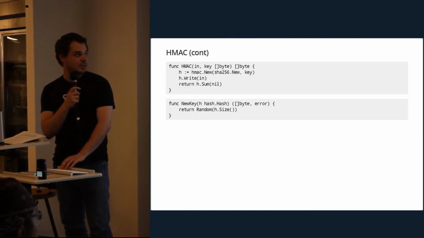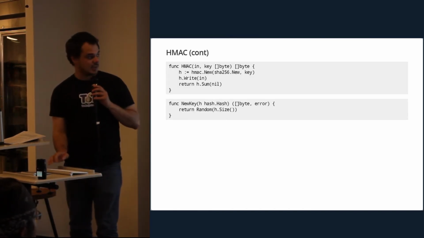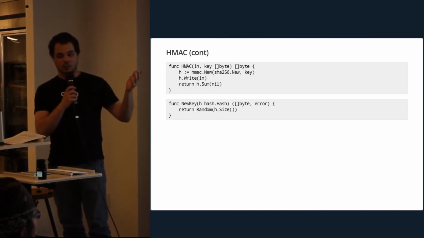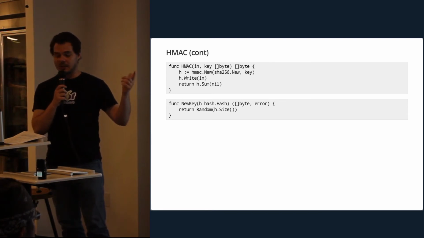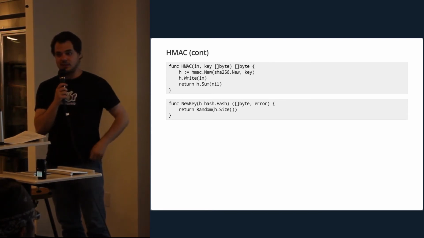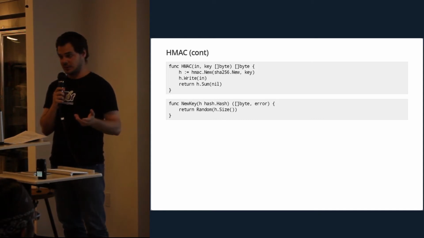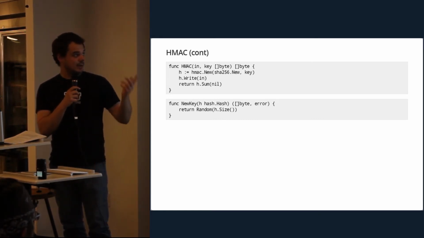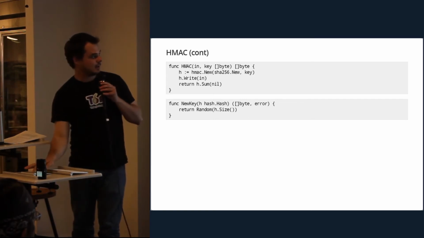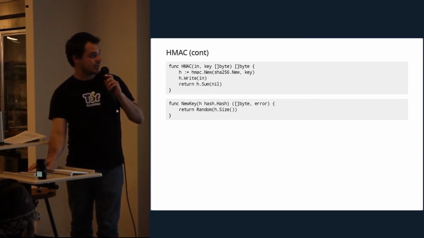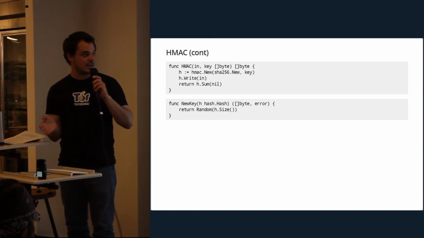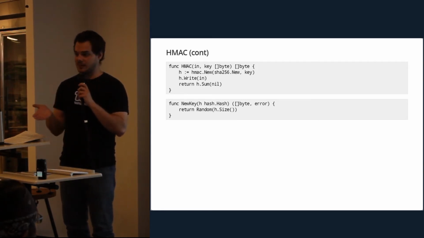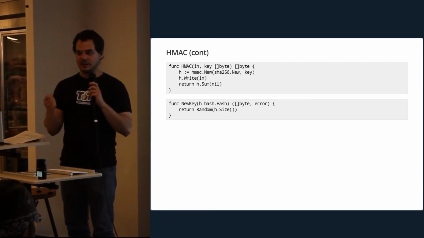That package is crypto HMAC. You can see here that the rule of thumb for generating an HMAC key is to just use the size of the digest we're using. So SHA-256 is 32 bytes. We'll generate a 32-byte key for it. And then HMAC, up here, you just tell it, hey, we're using SHA-256. Here's my key. Write some data to this writer, and then get the sum back.